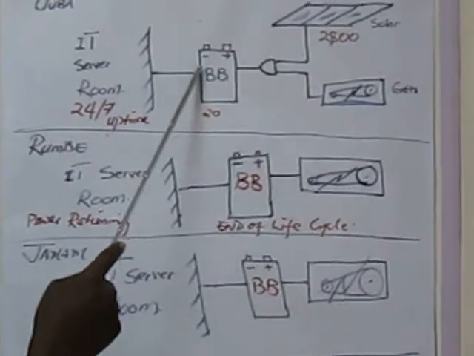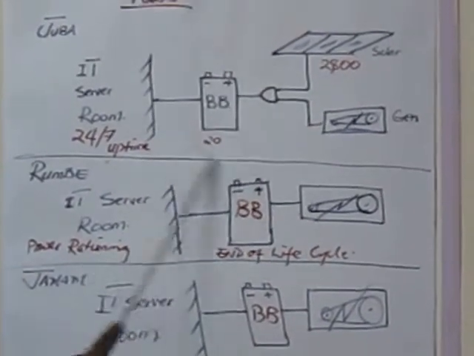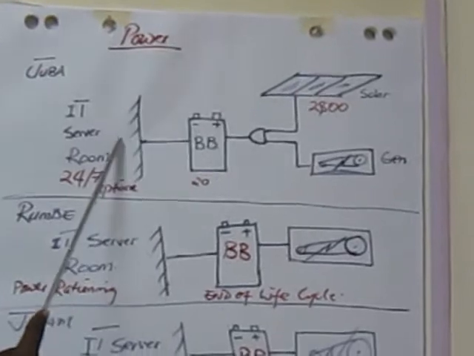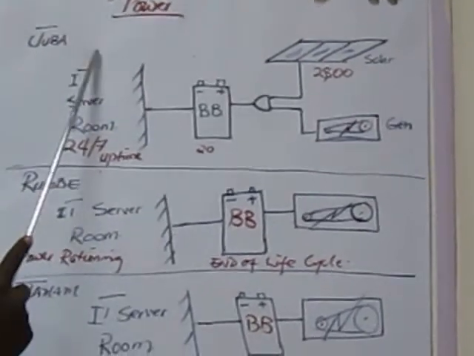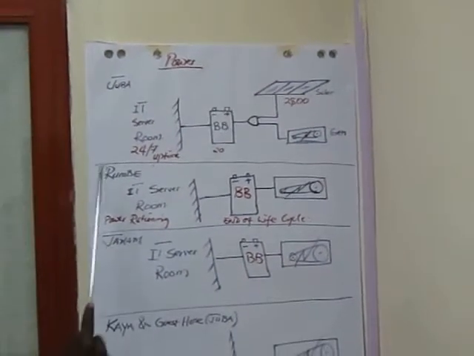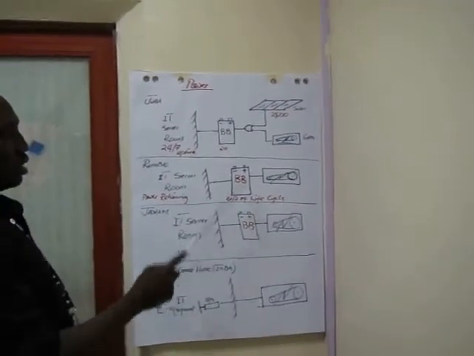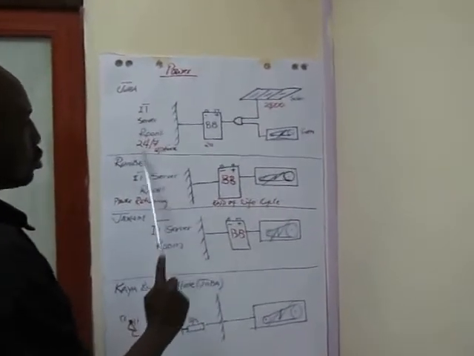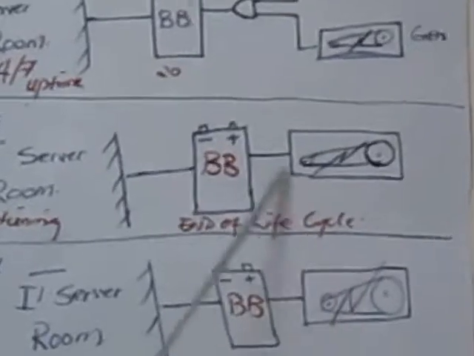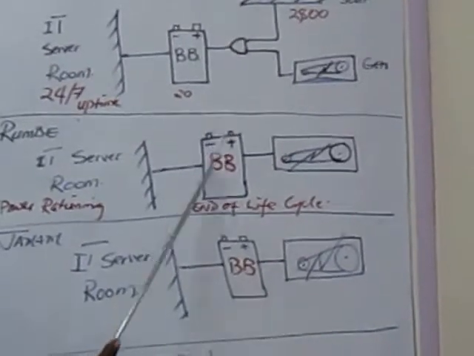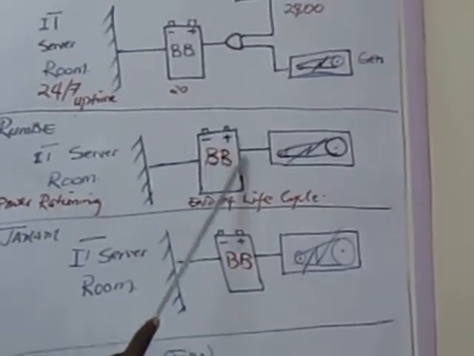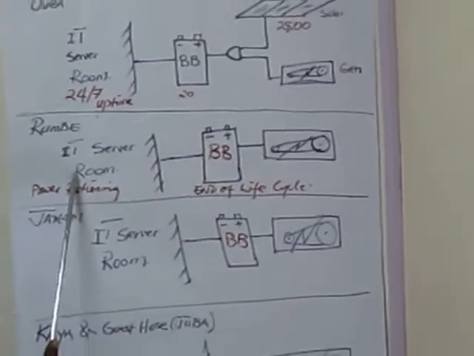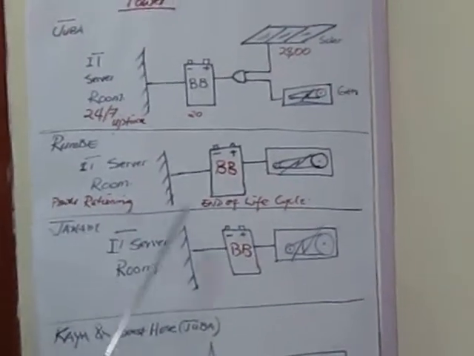So both of them send electricity to here. They back up this point, and then we send electricity to the IT server room. We have 24/7 uptime. Rumbek on the other side has a similar scenario but without a solar system. We have a generator that charges this battery bank,